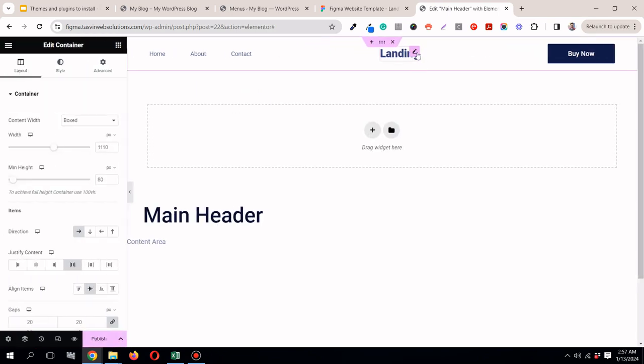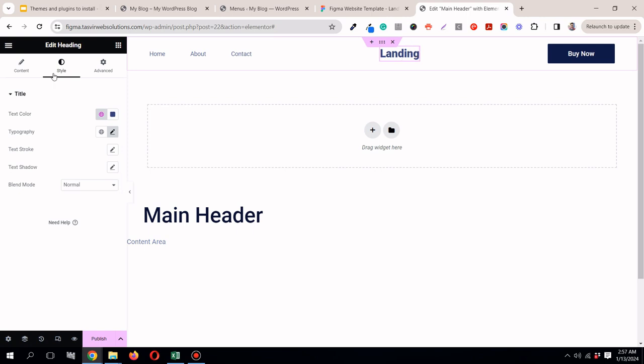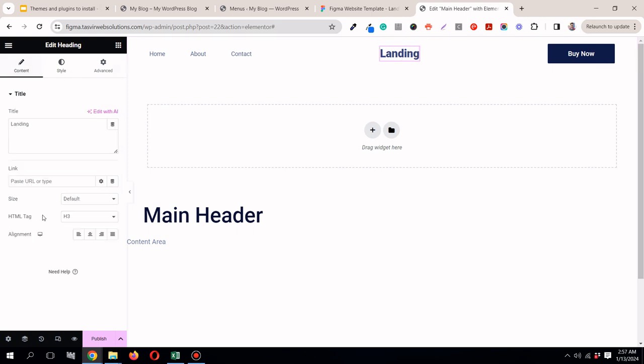For the landing, if this is a logo, when you click on the logo, it should take you to the front page. To do that, all you need to do is click on this over here, go to content and link over here. So this is an Elementor Pro feature. If you don't have